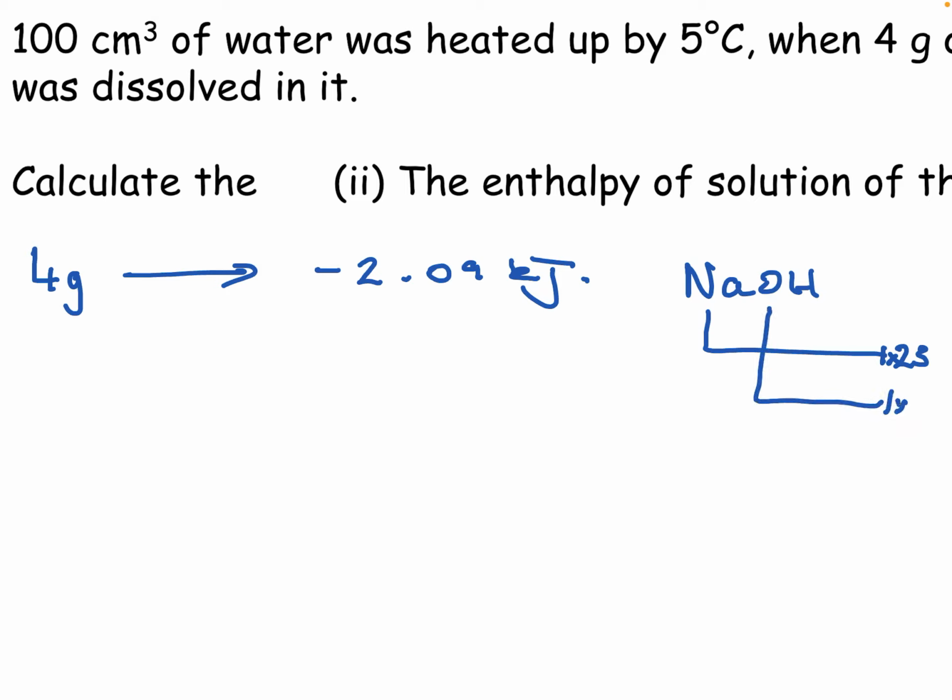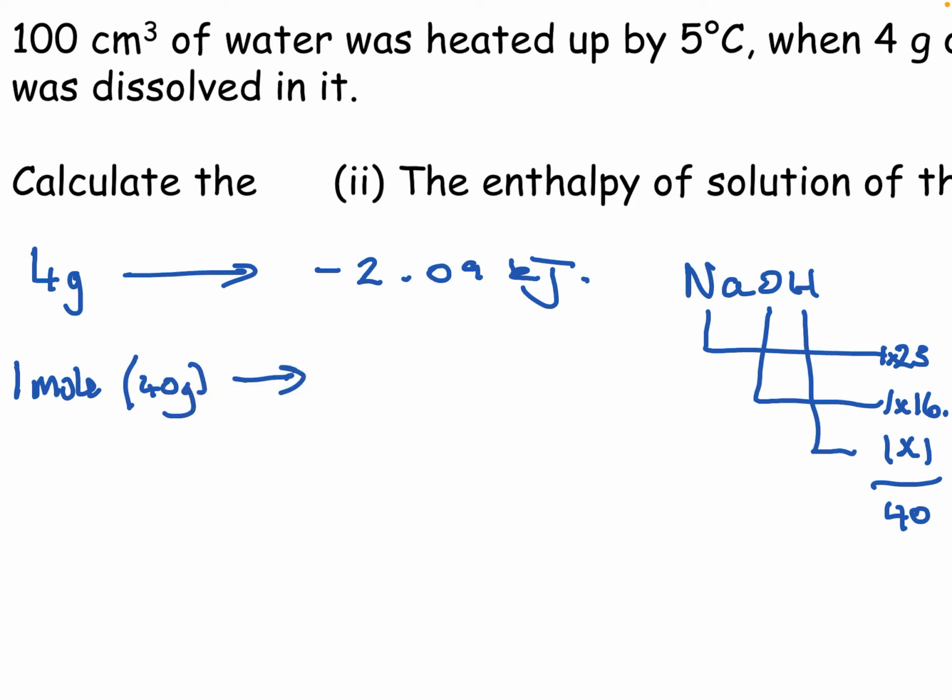We've got one oxygen, so that's going to be 1 times 16. And we've got one hydrogen, which is 1 times 1. That all adds up to 40. So, 1 mole, which is 40 grams, is going to be the same as 40, and remember new over old times other side,